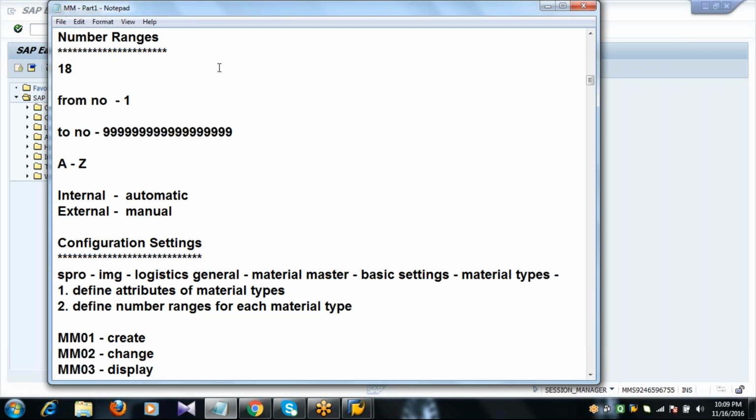That is the SAP standard. So the from number will be 1 and the to number will be 18 digits of 9, not more than that. If you take alphabets, it is from A to Z. And these number ranges can be numeric, alphabetic, and alphanumeric.